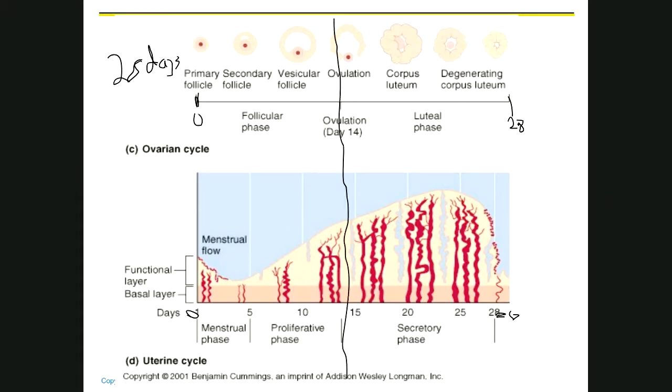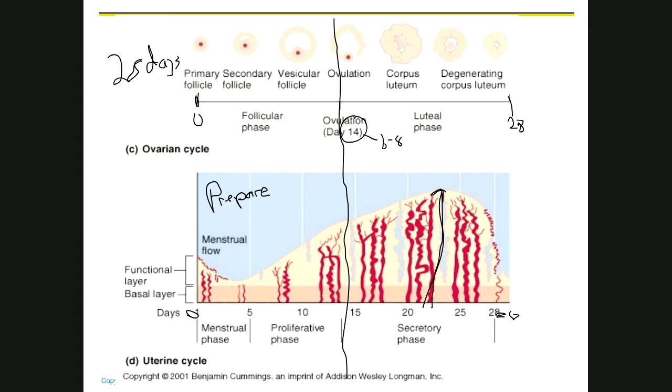And so what we're trying to do is prepare the uterus in case the female becomes pregnant. Remember, ovulation happens on day 14, and then it takes about 6 to 8 days to reach the uterus. So if we take day 14 and add 6 to 8 to it, look, we're right here, which is the peak